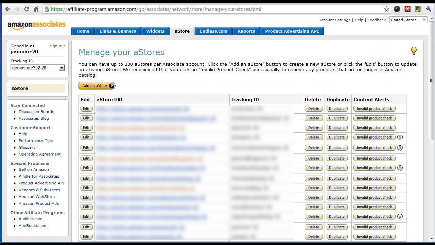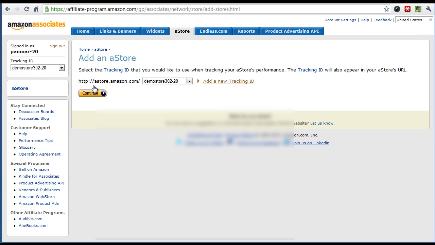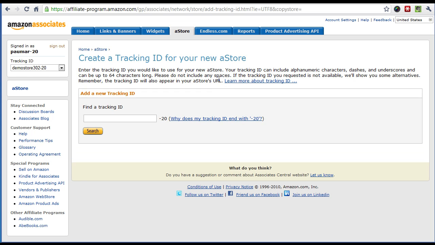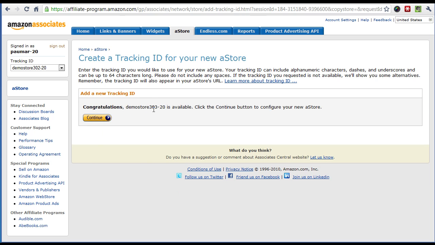This takes you to your aStore dashboard, if you like, and you can see all your existing stores. What I'm going to do is add a store here, and I need to add a new tracking ID, so click on that. I'm just going to choose something like Demo Store 303, just some random address, but you can try and match that up with your site as best you can. Okay, so it searches to see if it's available. In this case it is, so we click on Continue,